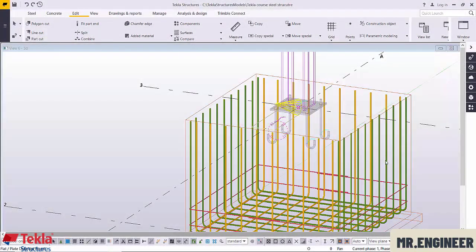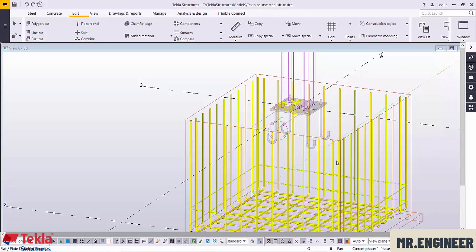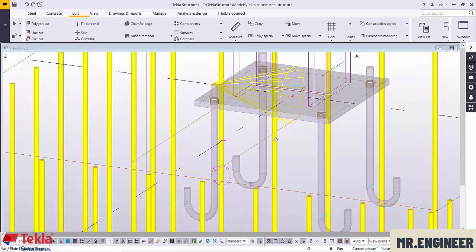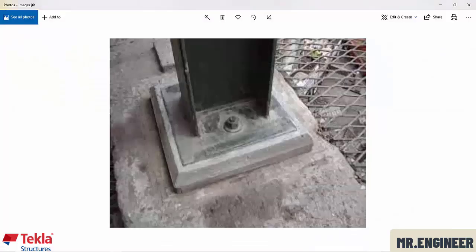Hello everybody, welcome again to our Tekla course. Let's add some notes on this connection that we modeled in the last lecture. If we go to this picture, we can see that we have a concrete plate below our base plate that we have modeled. So if we need to add this plate that we call grout, okay, if we need to add it in Tekla,